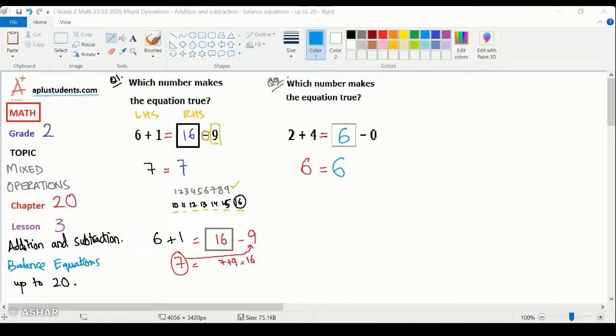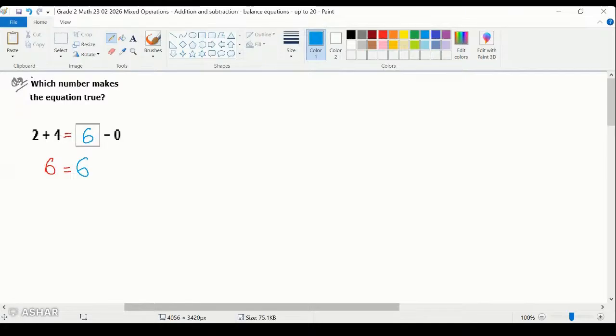For question number 3, it says, which number makes the equation true such that the equation given to us is 20 minus 6 should be equal to something plus 3. This is our question number 3. What is 20 minus 6? 20 minus 6, something plus 3 must be equal. We know that 20 minus 6 would be,